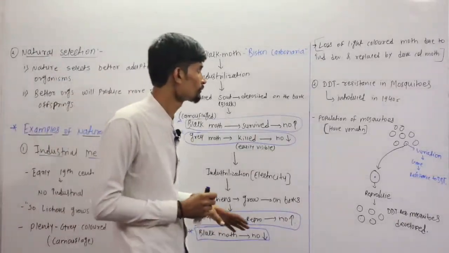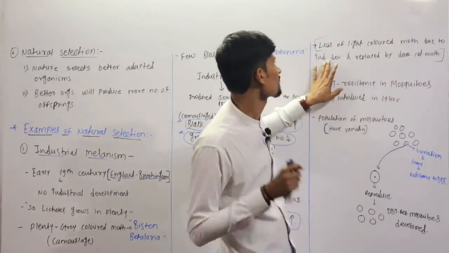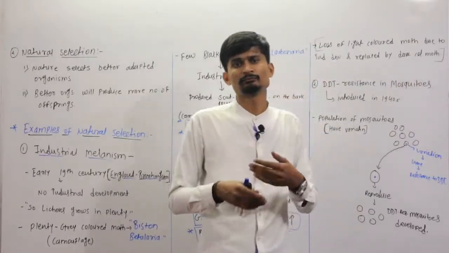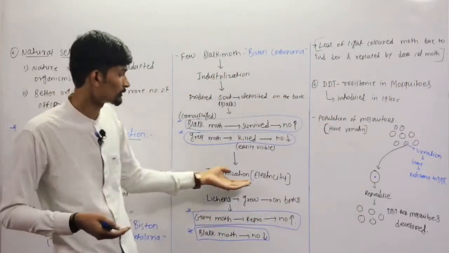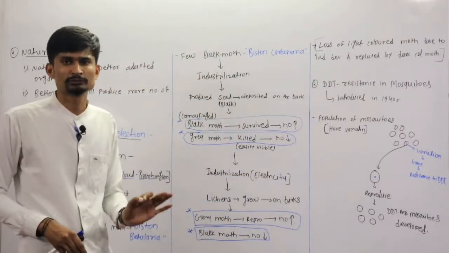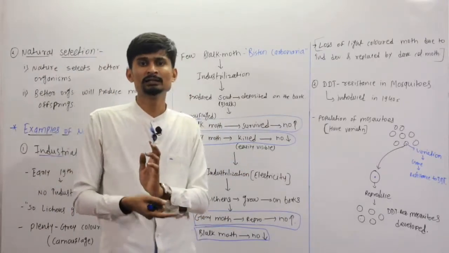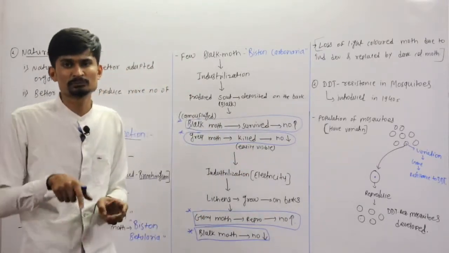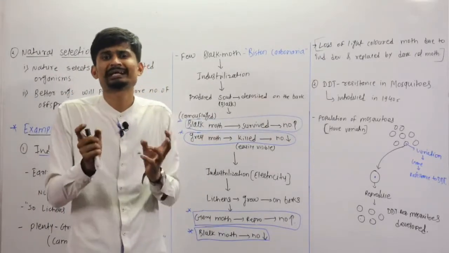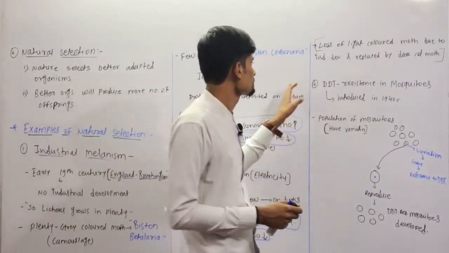Okay. So what happened due to this, actually there is a loss of light colored moth due to industrial development, replaced by the dark colored moth, and again when industrialization switched on the electricity, it gets reversed. So this is the example of natural selection. Okay. So according to the nature's condition there is a change in the number of species, as well as a change in the characteristics of the species. Okay. So this is the one example.